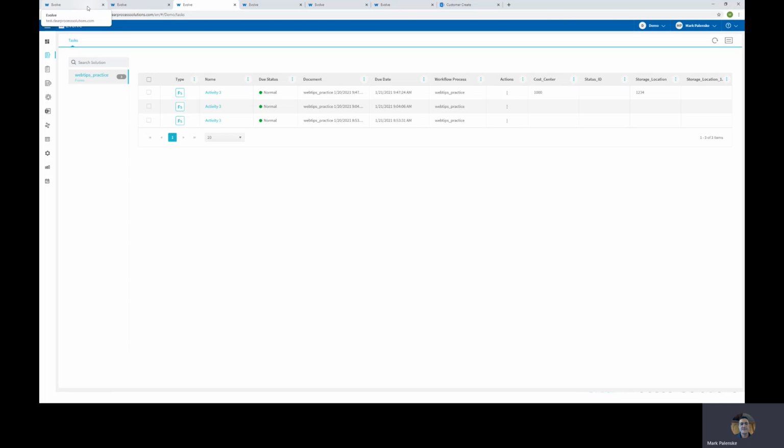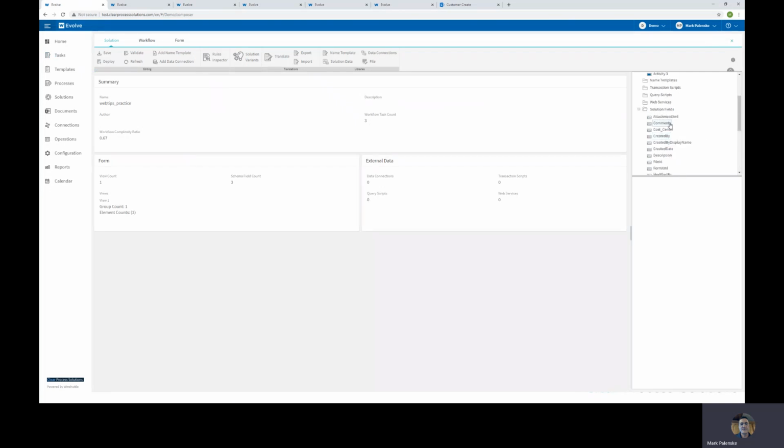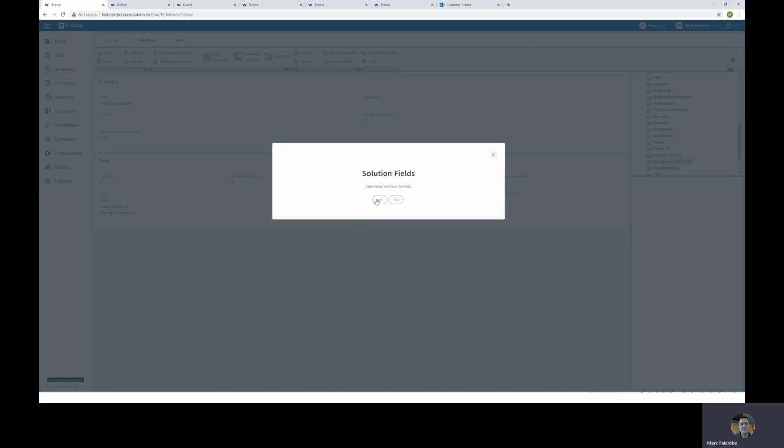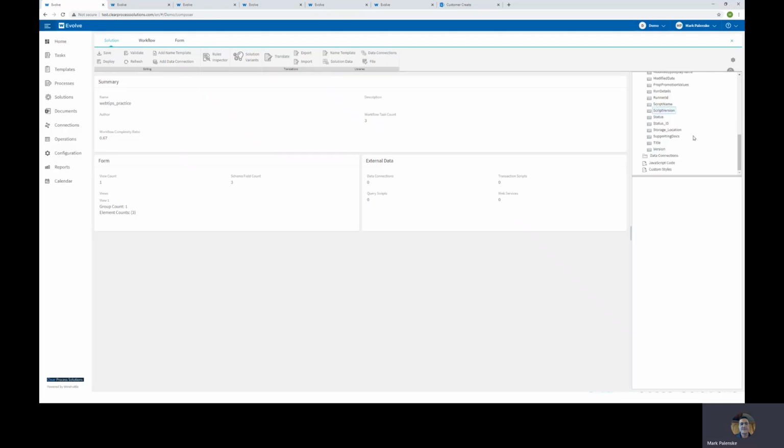We go back to Evolve, and it's very easy. We're under the solution tabs. And just over here on the right, we have the general information here. I just go down to the ones I don't want. And in this case, I am going to clean up. Let's just say the storage location 1, 2, 3, 4 was the problem. I'll delete it. And you might have several of these. You might have one missing the A or whatever. Just go through and clean those up. They're just going to take up space, and they don't help the end user at all. And then once you deploy it again,